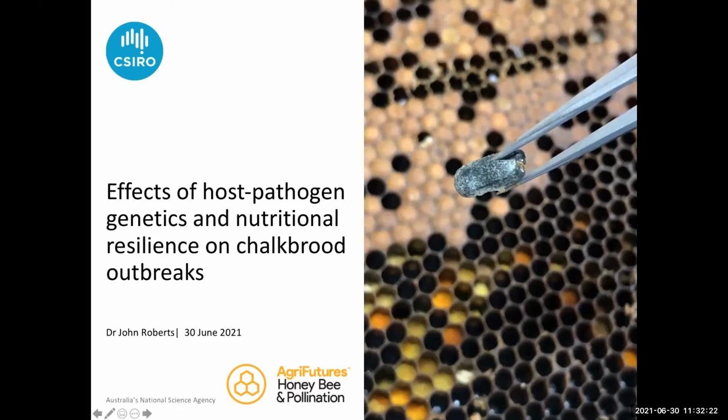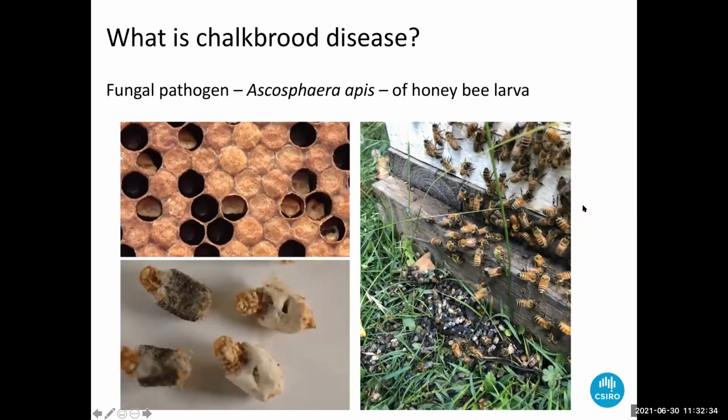About a recent AgriFutures project on the effects of host pathogen genetics and nutritional resilience on chalkbrood outbreaks. So chalkbrood disease is caused by a fungal pathogen, Ascosphaera apis, and it infects honeybee larvae. When larvae eat fungal spores, these spores will germinate in the gut and the fungal mycelia start to grow and penetrate the larvae body and will eventually cover the larvae with the white mycelia, and that's where we see these